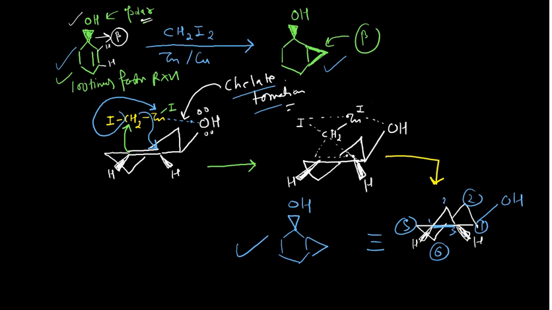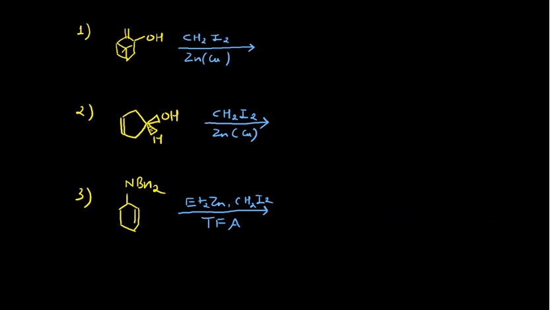Okay, now I am going to discuss some of the problems. So this is my first problem. In that case there is no problem, guys. Why is there no problem in that case? Because there is no stereochemistry given for this OH group. Only this double bond is there, and you are doing this Simmons-Smith reaction or Simmons-Smith cyclopropanation. So what you will do, you will change this double bond into the 3-membered ring. Okay, so your product would be like that. So there is no need to draw the mechanism again and again. For competitive examinations, you should know the ways. Okay, and this is the OH. This is the product actually, right?